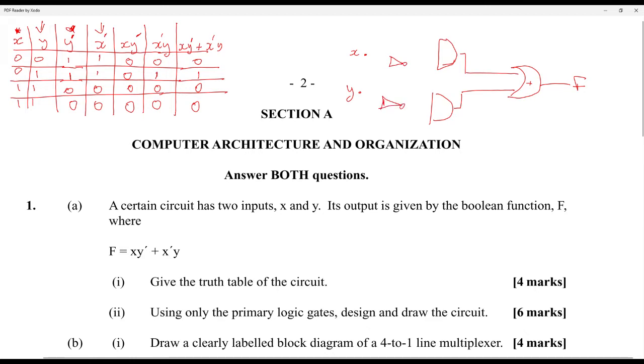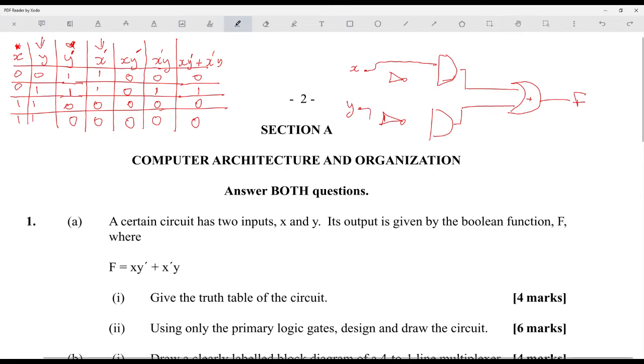So the first one is normal x, so normal x will just come straight into here, cool. And then not y, so we'll take our y from here, send the not in there, and then we'll take this guy right there. That'll give me the not y. And then the next one I need is not x, so I have to take x from there, get it to be notted, and drop it inside there, and then normal y will come from there. So that will be our diagram there.